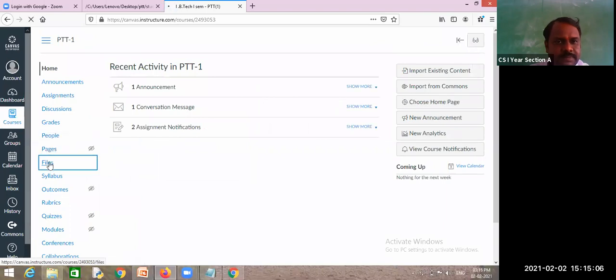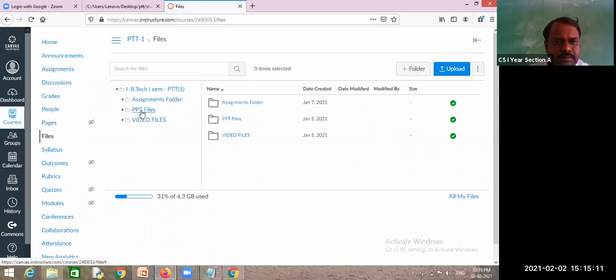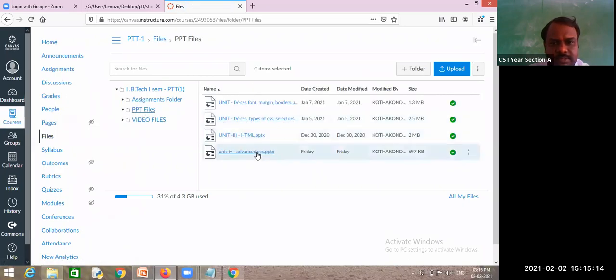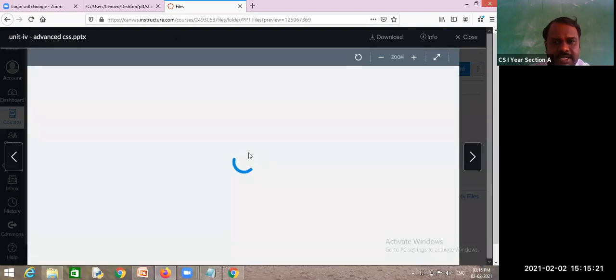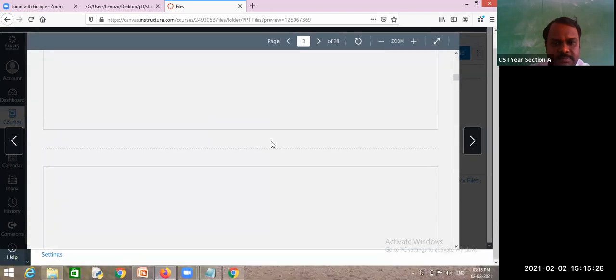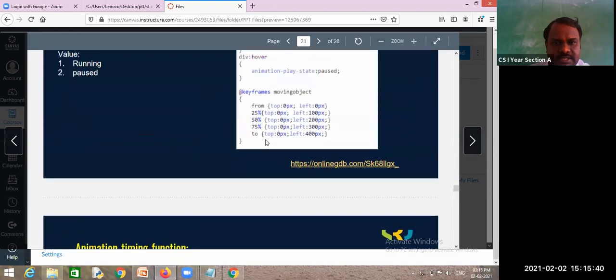So files, and PTT files, this advanced CSS. When I click on this advanced CSS, at the end you can see animations and transitions. Can you see?